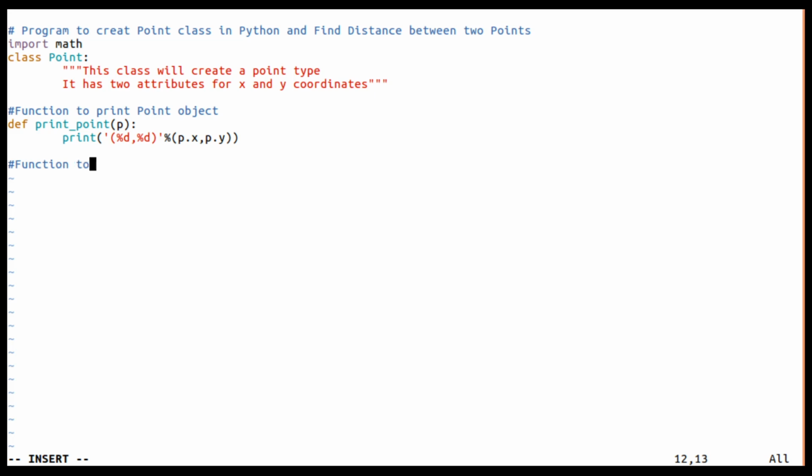So with this I am going to write a function to find the distance between 2 points. So let us write a function to find the distance between 2 points.